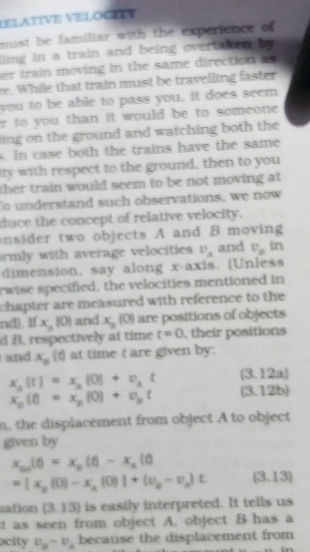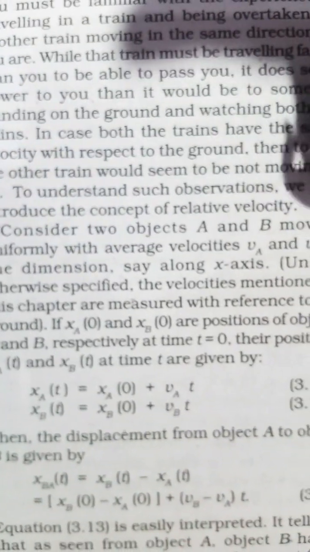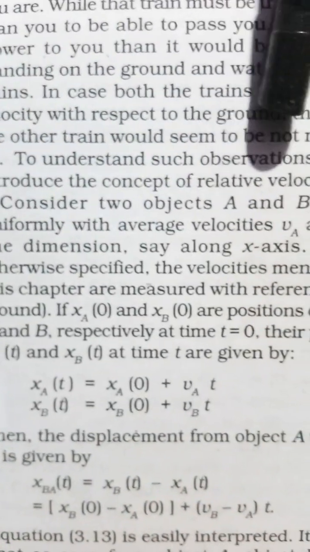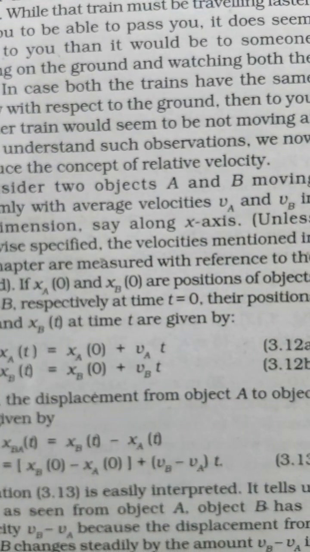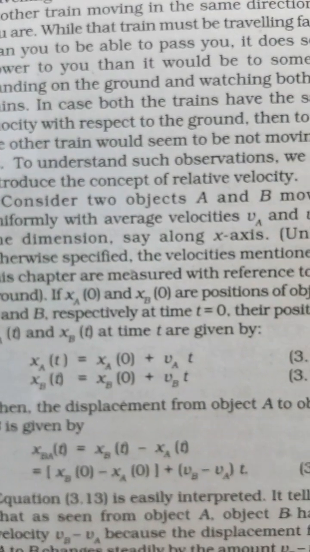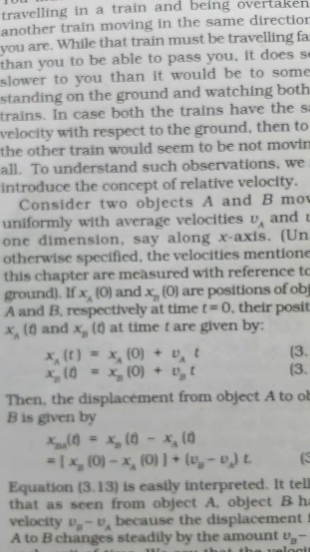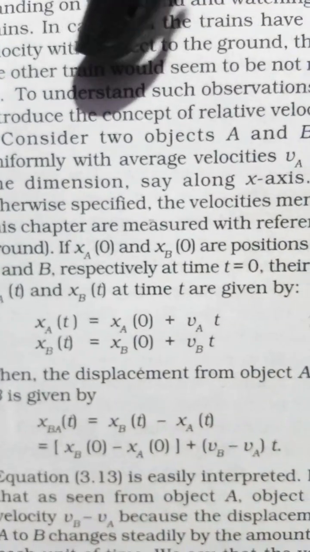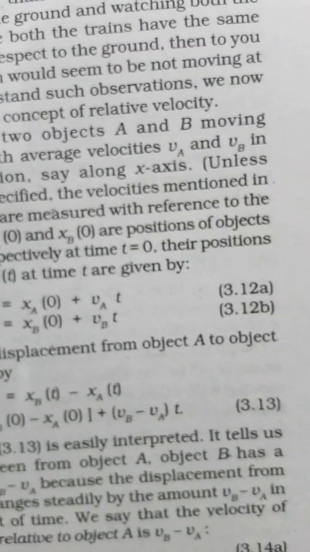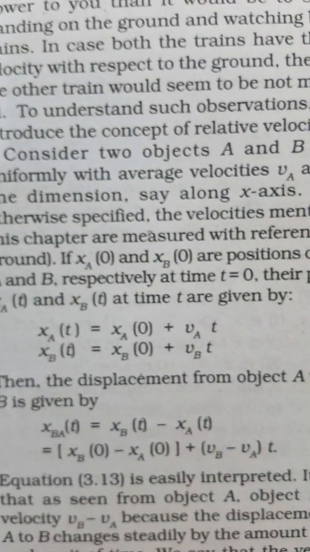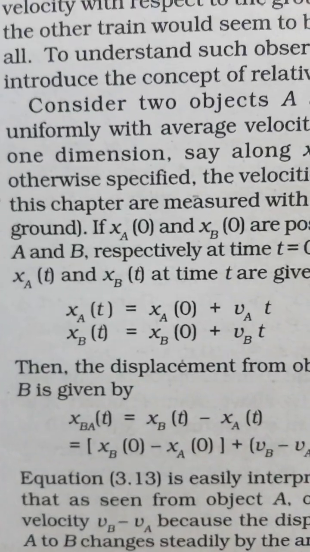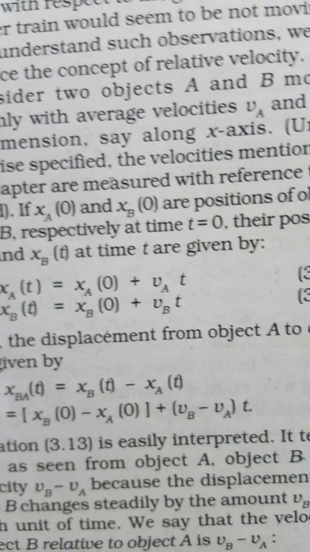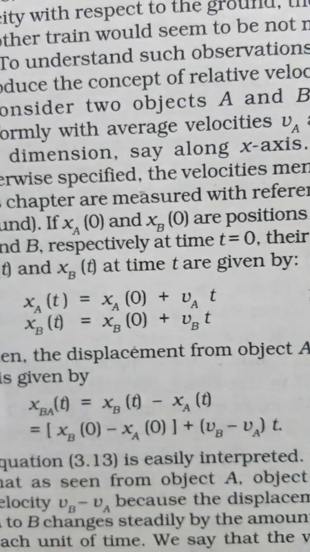Consider two objects A and B moving uniformly with average velocity VA and VB in one dimension, say along the x-axis. Unless otherwise specified, the velocities mentioned in this chapter are measured with reference to the ground. XA0 and XB0 are positions of objects A and B respectively at time t0. Their positions XA(t) and XB(t) at time t are given by XA(t) = XA0 + VA t